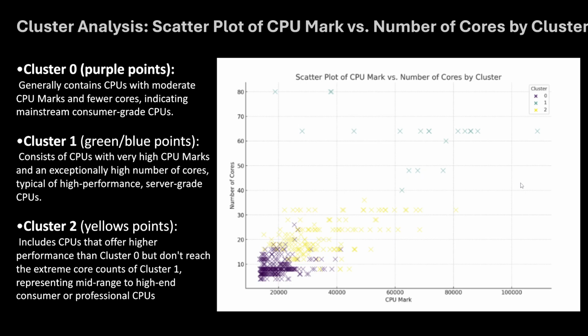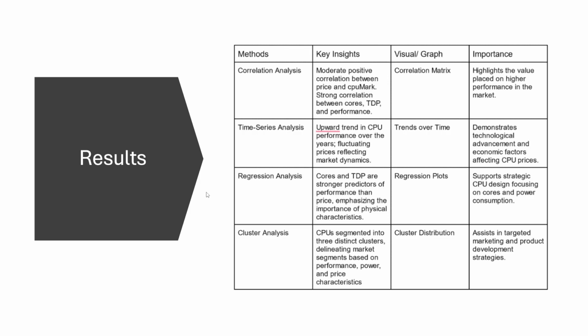Now we're moving on to our results. So our results confirm the positive correlation between CPU price and performance and reveal significant performance differences across CPU manufacturers. These insights are invaluable for consumers and manufacturers alike. They are really crucial for understanding the market trends and guiding any potential CPU buyer out there. They also help manufacturers gauge their products and